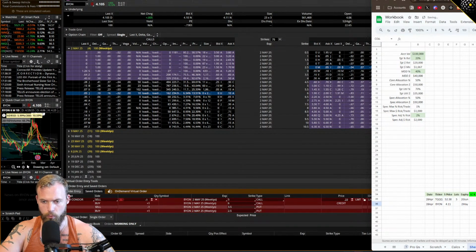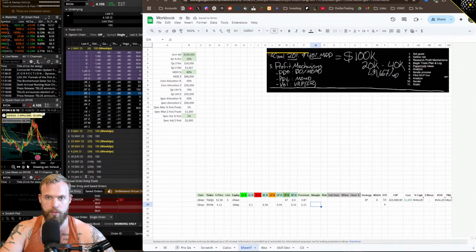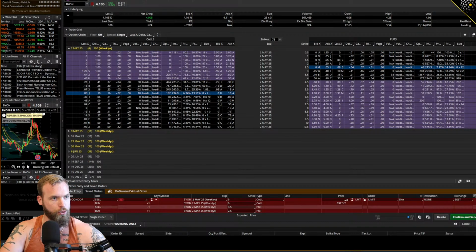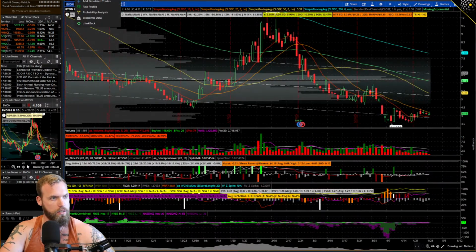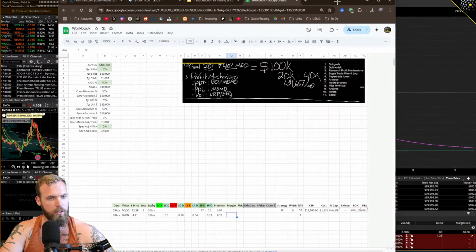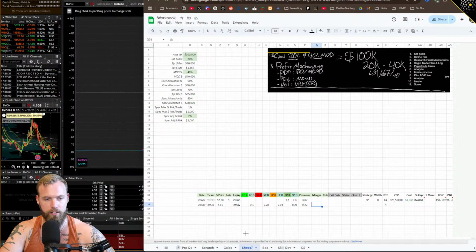And then we're at a 21 delta. We're going to get 22 cents. The total capital requirement for this trade is going to be defined because it's a defined risk trade. So again, if we take a look at this, it's asking for $78 per contract. So now we can do a little bit of math. We can say if it's $78 of risk per contract and the total risk that's out